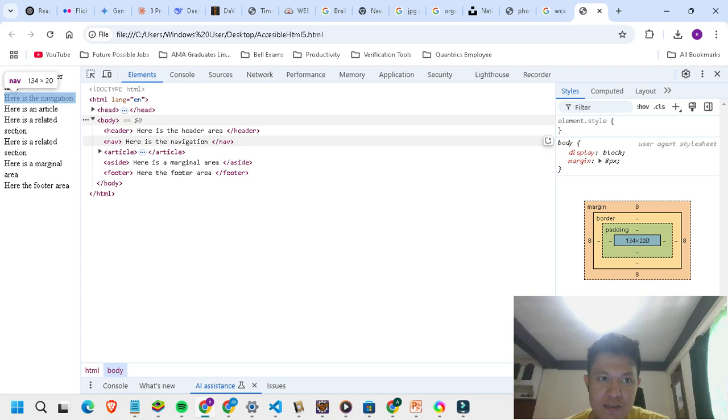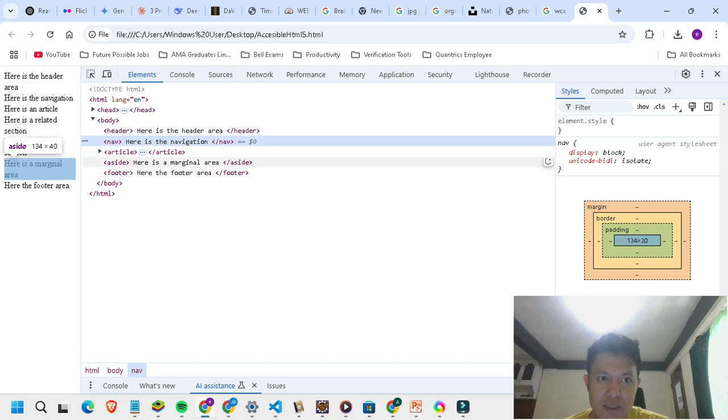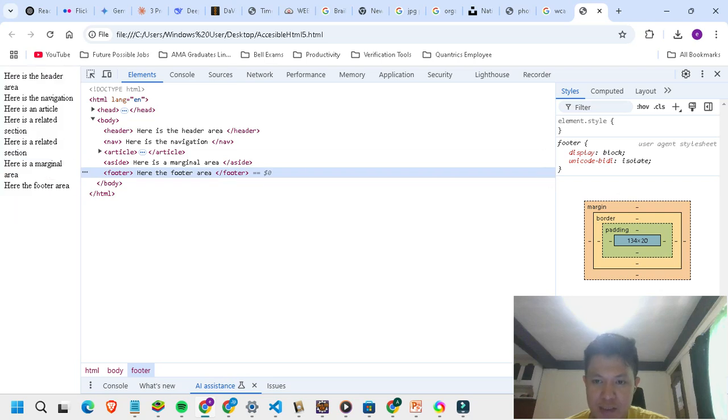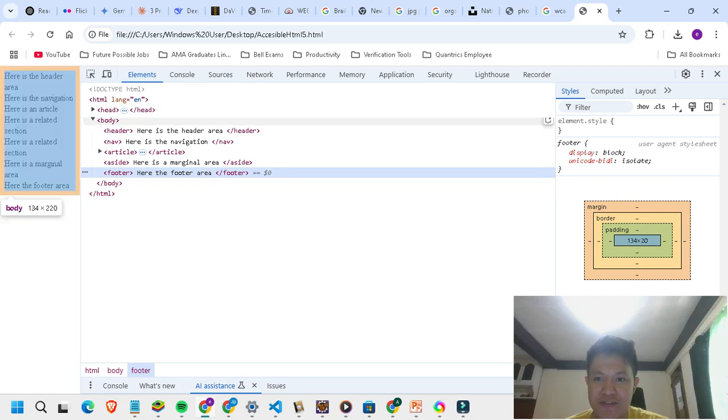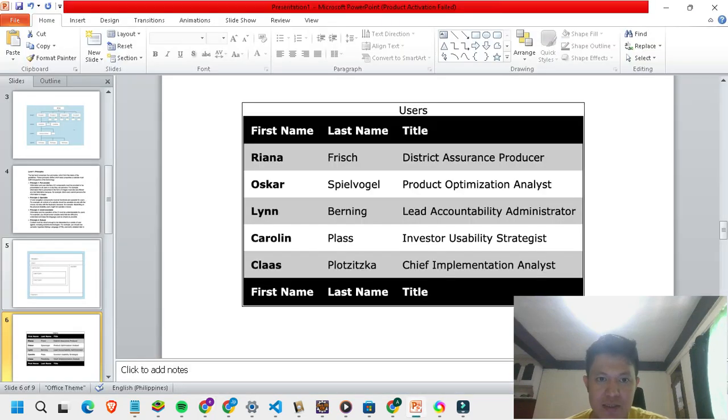Then this is the navigation menu part. Then this is the article, a related article. This is an aside. This is the footer. So this is just HTML. It doesn't have styling, so that's why it's not as good as this table.